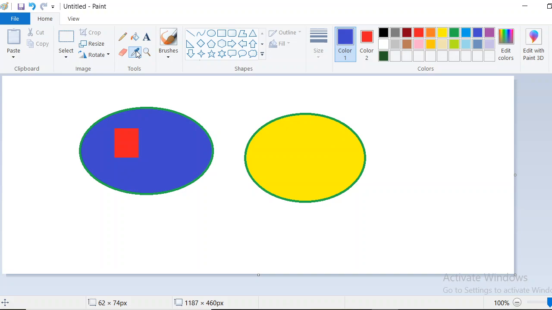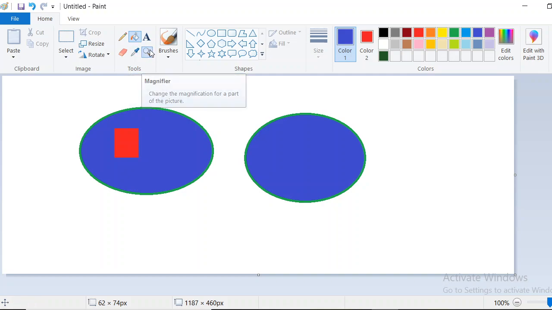Okay, then next one is color picker tool. For that, we can copy the color of one particular part of the picture to another one. Now I took the color picker tool and select a portion of the picture. Then move the mouse pointer where we want to apply it and just click it. The same color will be applied to the second picture. Clear? That is the use of color picker tool.